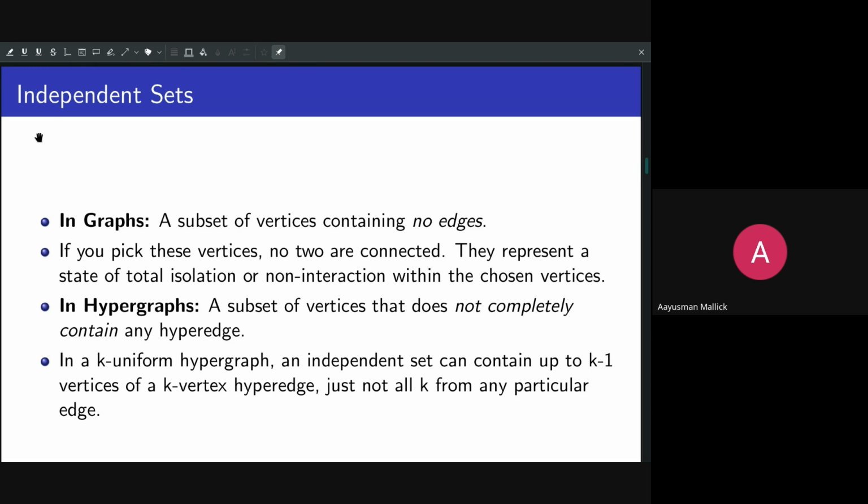Intuitively, when we are thinking through two-way relationships, think of the independent sets as the entities you have chosen, which are from the same system or the same set, but no two of them interact in any way whatsoever with each other. Now, in the case of hypergraphs, there's a slight tweak in the definition. For hypergraphs, an independent set is a subset of vertices that does not completely contain any hyperedge. Like,